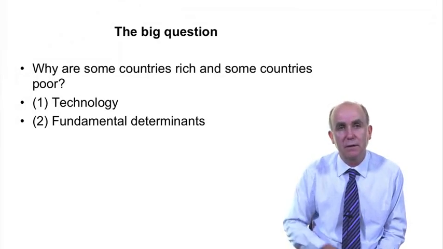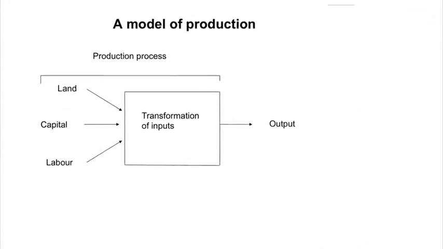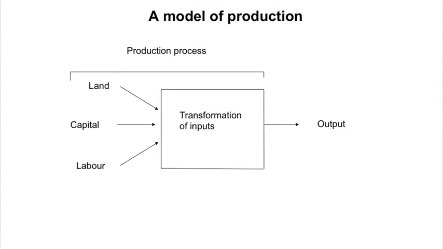For an economist thinking about output, the starting place is usually a stylised model of production, represented, sort of one way of thinking about that, on this slide. So on the left-hand side, you have what we call inputs, things like land, capital and labour. Those inputs are going to be transformed and ultimately produce some type of output.